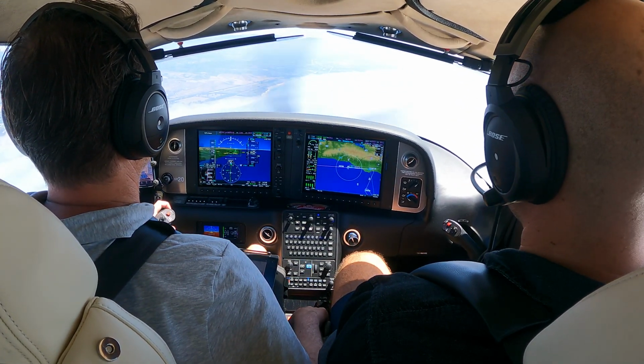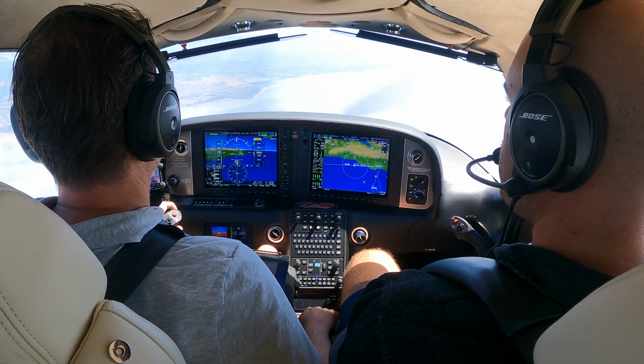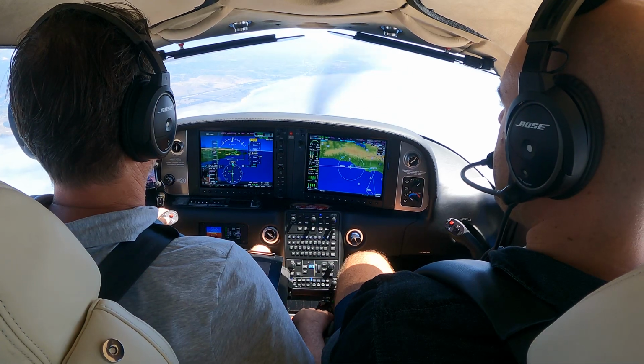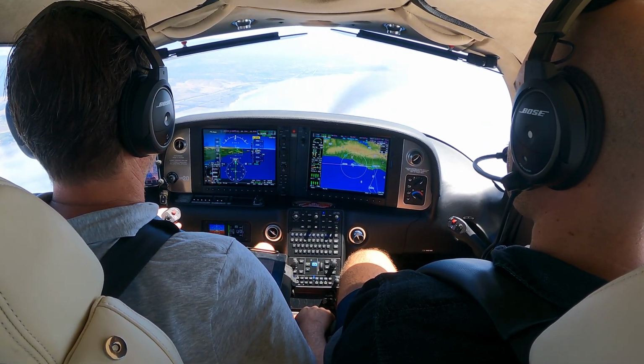Santa Barbara Tower, 218 Juliet Sierra is on the ILS for runway 7. 218 Juliet Sierra, Santa Barbara Tower. Wind 220 at 8, runway 7, clear to land. Runway 7, clear to land, 218 Juliet Sierra. Good. Let's get to 100 knots. Trying to slow down, but...